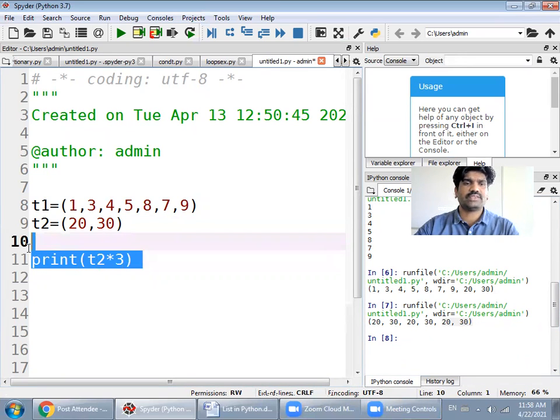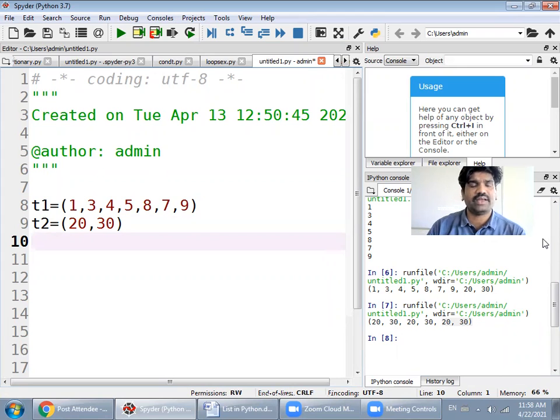Now there are some basic functions and methods that we can perform on a tuple. The very first is called len. By using the len function we can find out the length of a particular tuple.